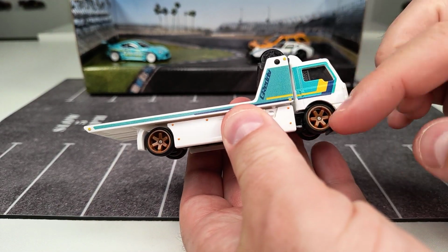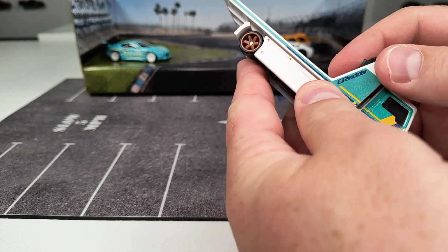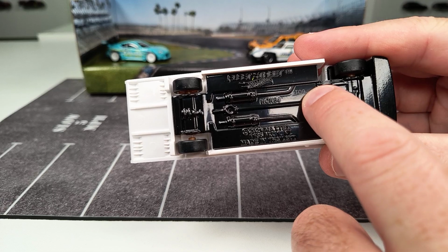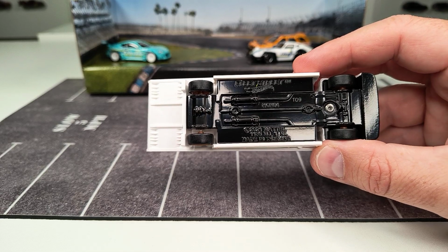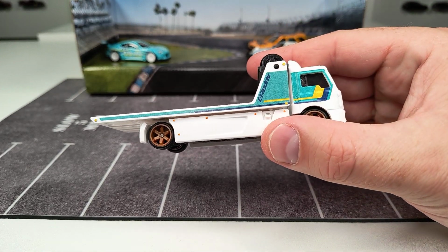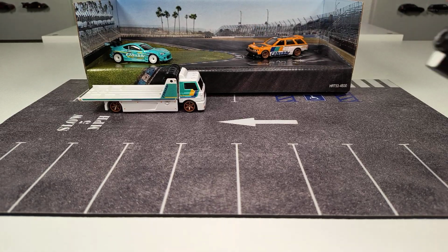By the way, the cabin is metal and the base is metal. These parts here on the side are plastic, and yeah, this upper part also. These tires here on top, which is really nice. And we also see the date code T09. That means this thing was made in the 9th week of 2024, which is I think end of February. Yeah, nice deco. So let's put our hauler to the side, and I would say we go on with the custom Datsun